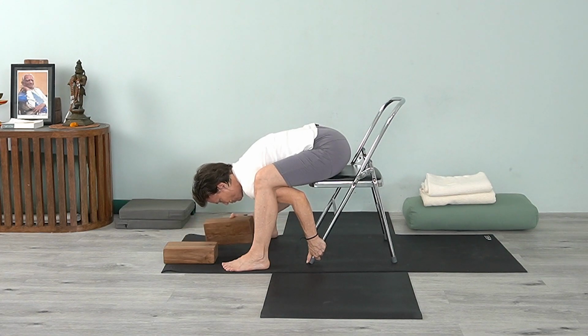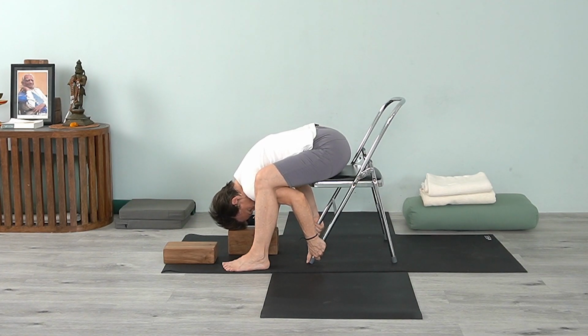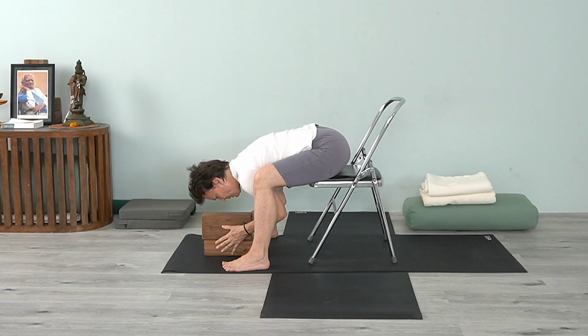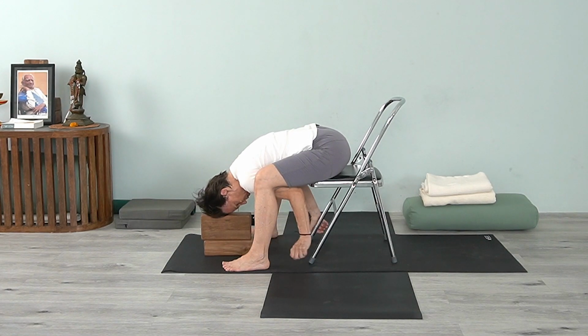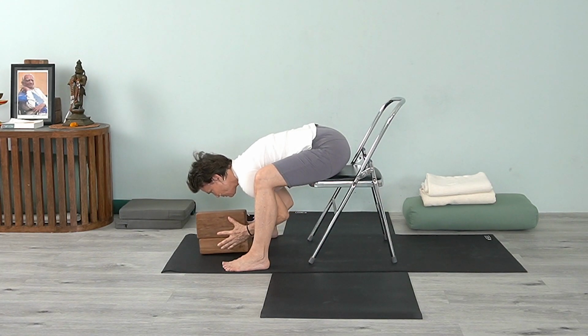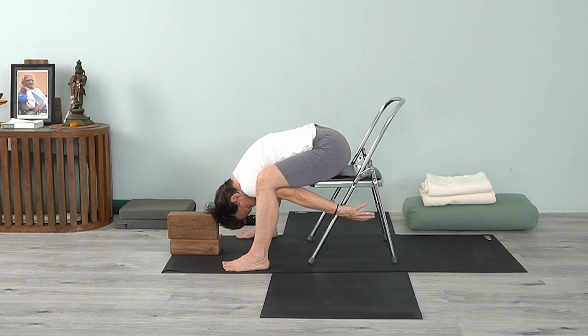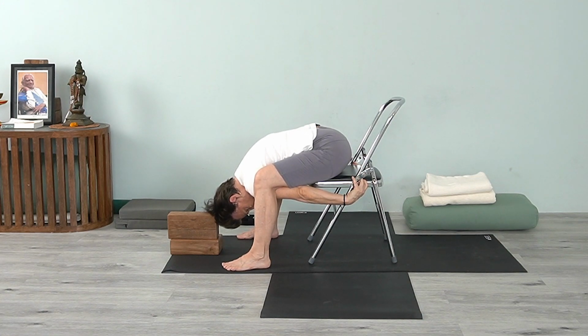If that's too much for your head and you need a little head support, then you can have a block there or have a bolster and bring your head there. So that's a little bit too low. If you needed the head support, you can change your blocks up so that you have some support for your head. All right. So going into this, you can take your hands wherever you feel you're going to have the best